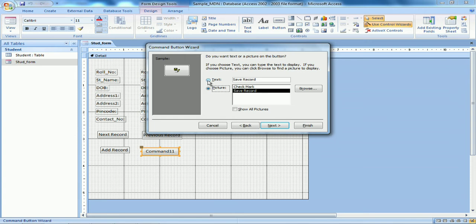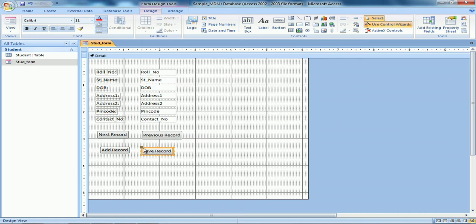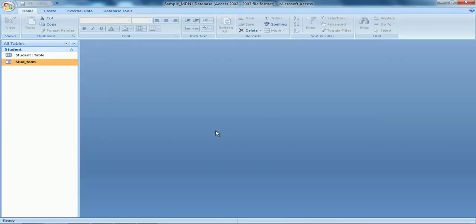You can choose a picture also, but I am comfortable with the text button so that the name appears on the button and you can understand what the work of the button is. That is why I choose the option text. Click on next, then finish. So now I have 2 more buttons. These 2 are called record operations buttons and these 2 are called record navigation buttons.